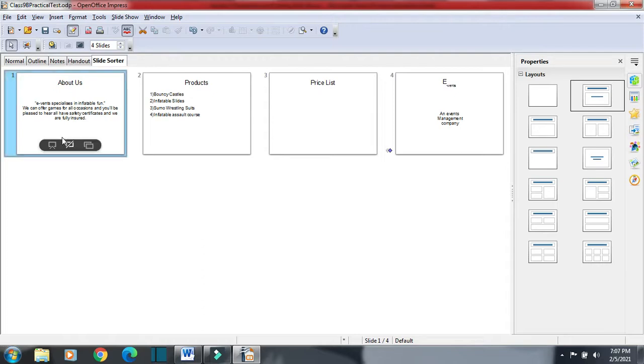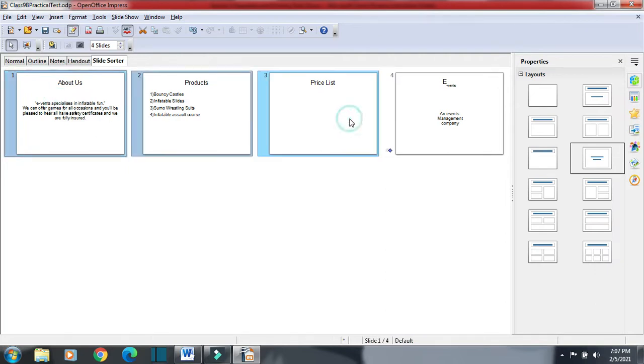I will select the first slide, then press the shift key and select the last slide. You can see all the three slides have been selected. All the slides which are in between the first and the last slide will automatically get selected.